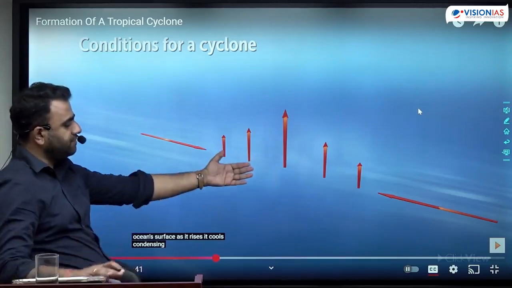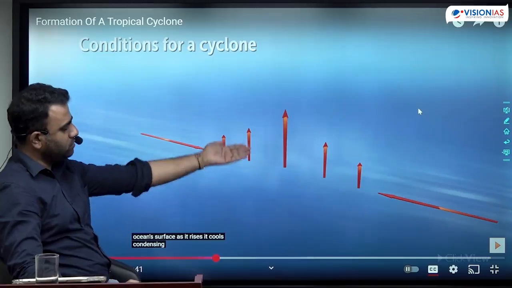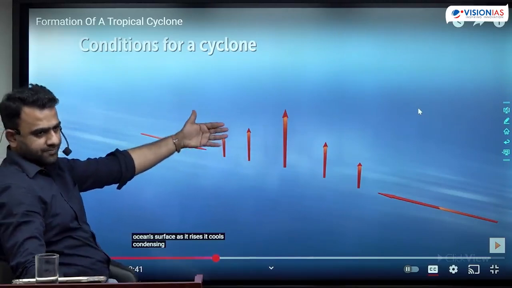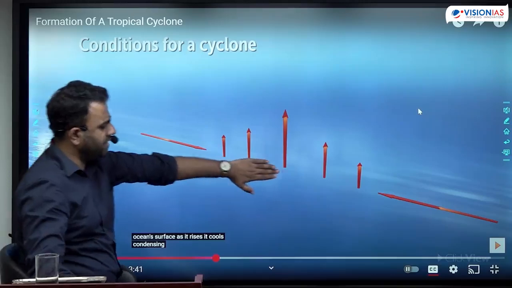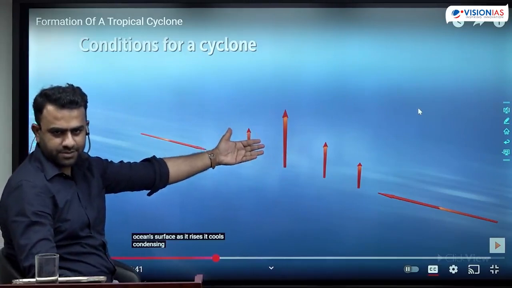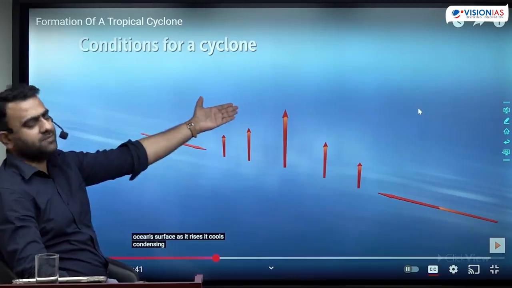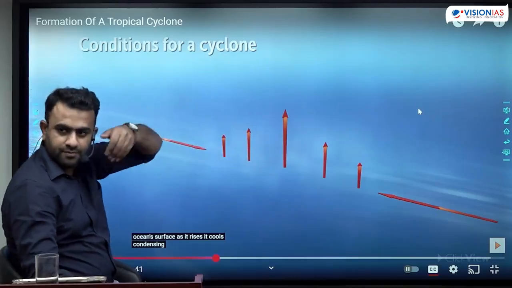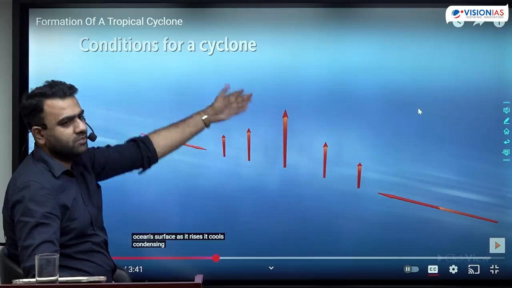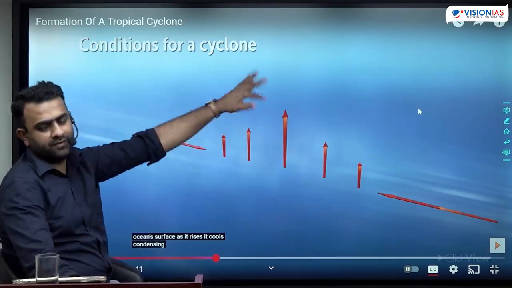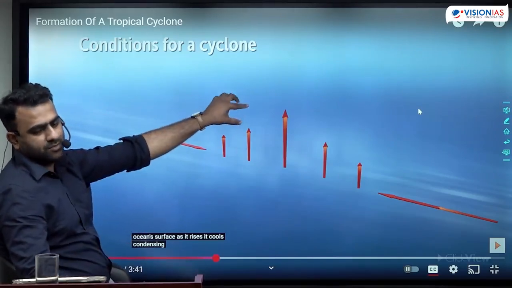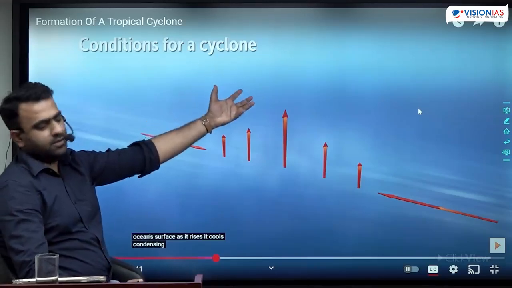It starts with a strong convection. As the convection starts, there is a huge rising air which starts to build up strongly. What happens during the convection? The air which is present here carries that water vapor which is getting evaporated from the surface, and it rises up. As it rises up, the air cools down. Because during the convection, it reaches the upper part of the atmosphere, it cools down. And as it cools down, the water vapor present in the air will get converted into water. As it cools down, water is formed and then clouds are formed. And clouds build up.